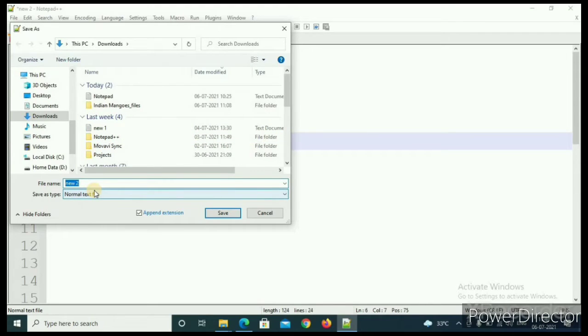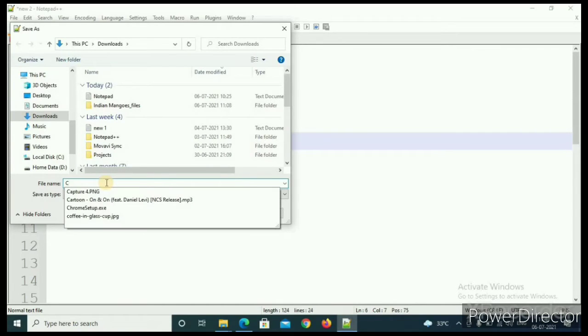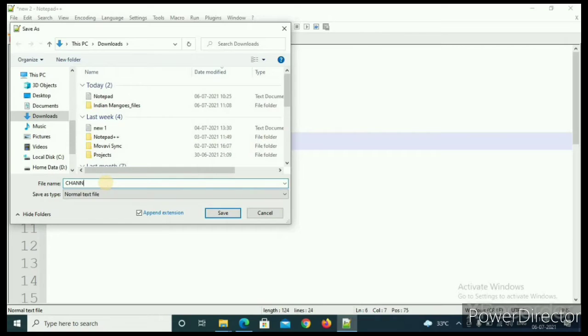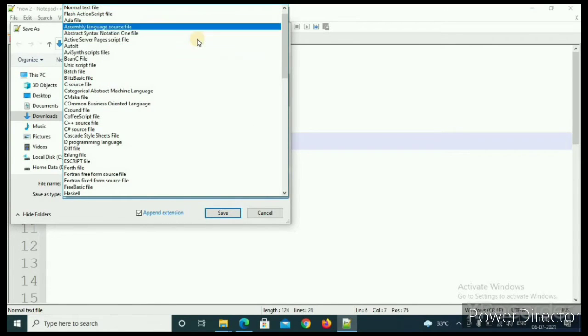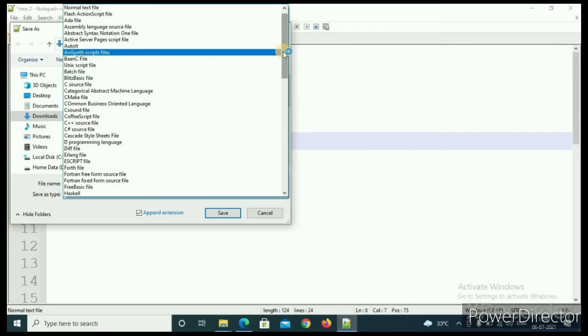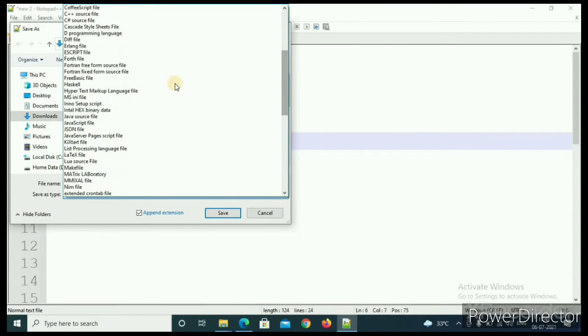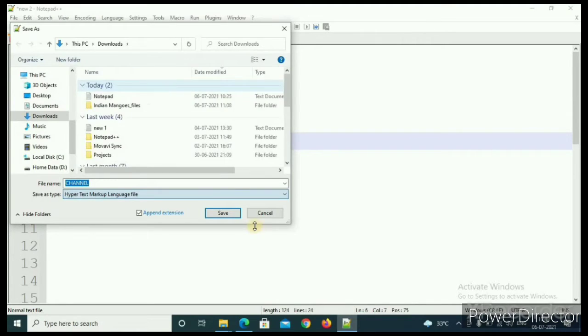I will keep it as channel. And then here, Save as type. Click on the option and then scroll down. Here you can see Hypertext Markup Language file, means HTML. So click on that and then save.